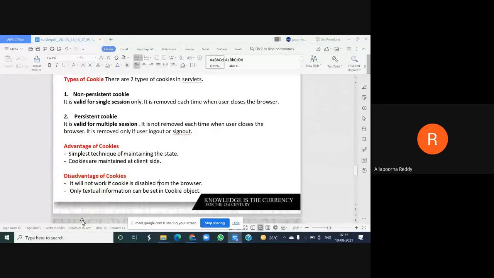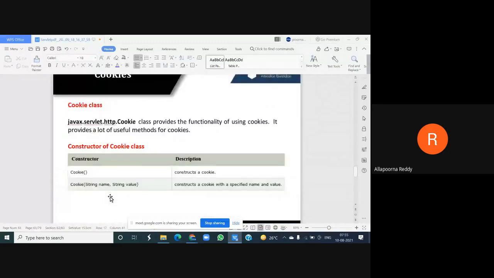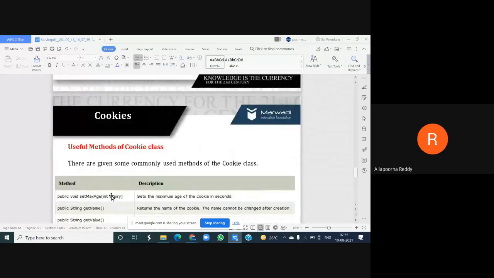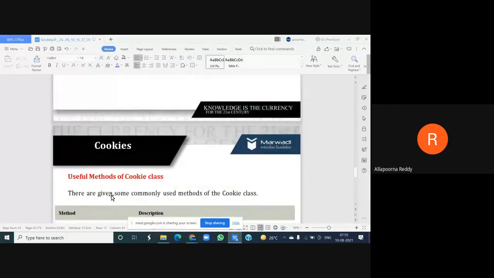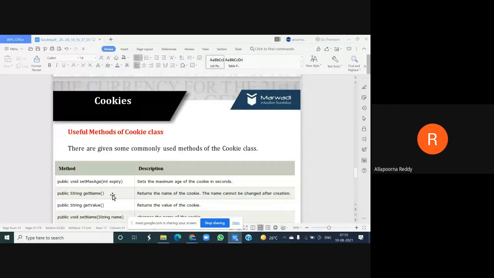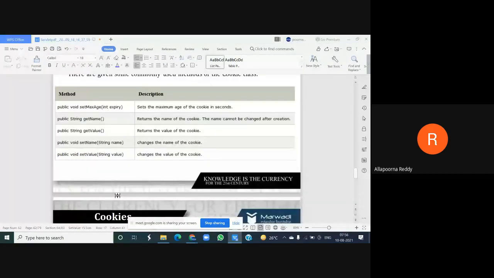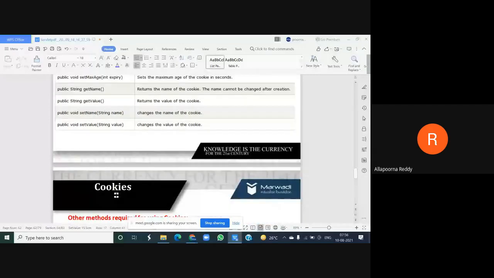But whenever you want to make your cookie, or whenever you want to construct a cookie, what are the methods I need to use? Whenever I want to change the cookie name, or remove the cookie name, or modify my existing cookie, is it possible or not, or I need to change the value for the cookie which you assigned, everything I want to do. So it can be done with the help of some methods or some techniques we have.